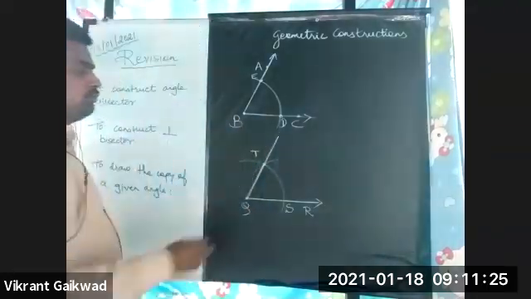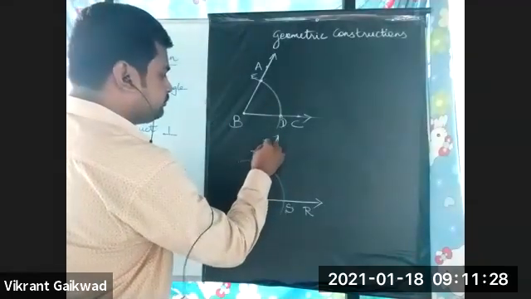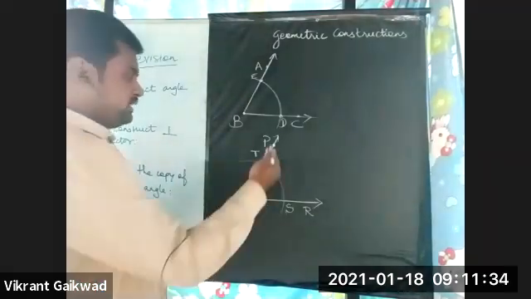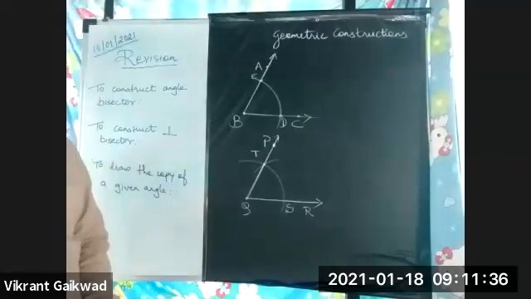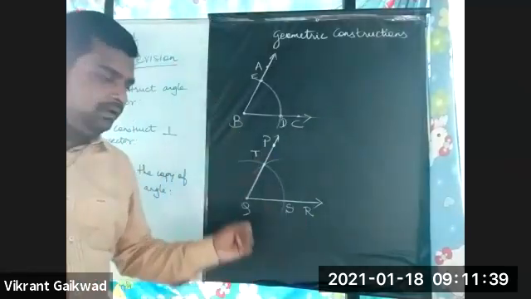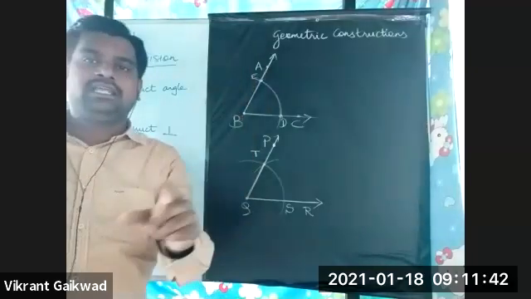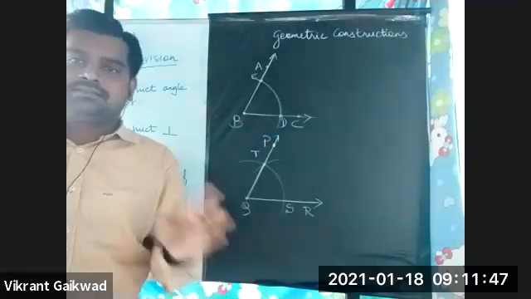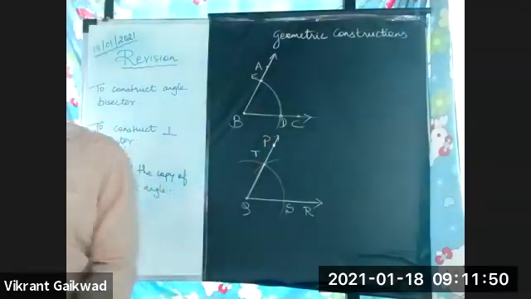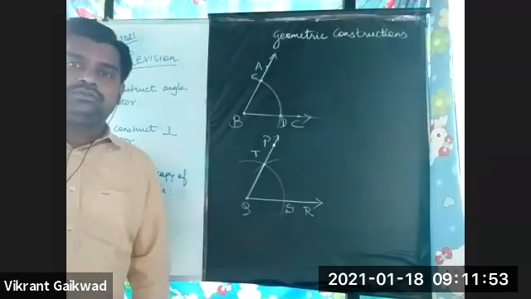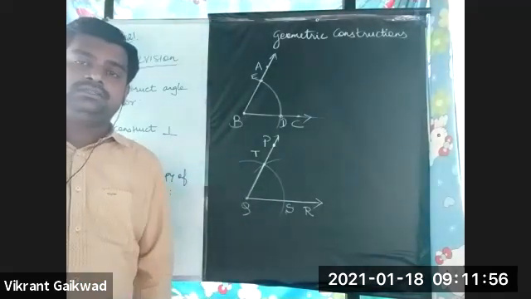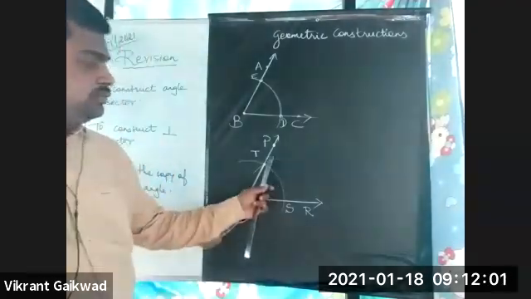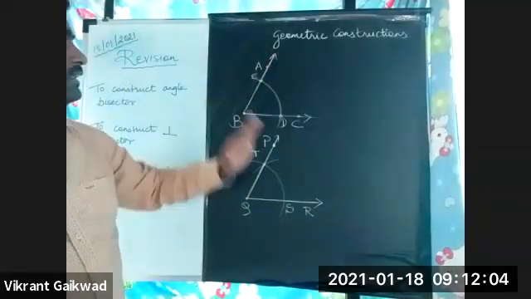Whatever angle you get, say it's angle PQR, the measure of that angle PQR is going to be equal to the measure of angle ABC. With the help of a protractor, you can measure both the angles. Is this clear? Very important. You're going to use this construction when the points in the triangles share a common vertex. To understand this, check what I've done.